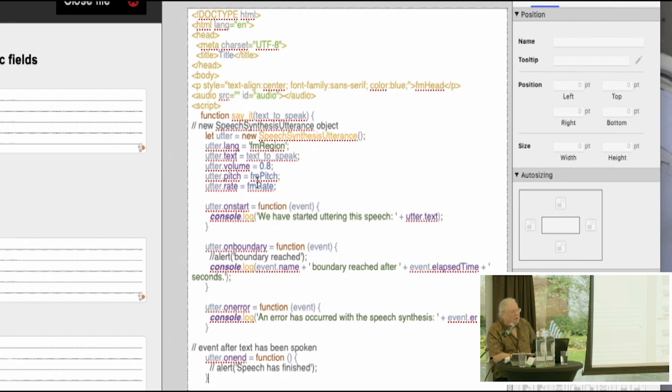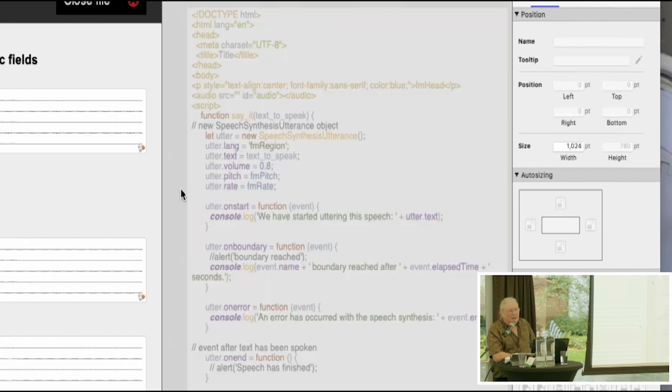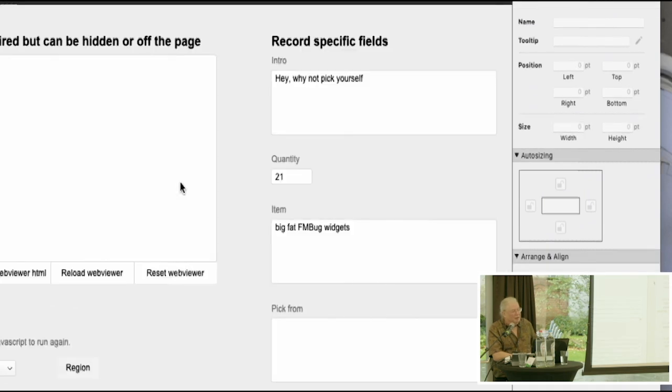And here we've got placeholders that are replaced. So I'm actually looking at this particular thing. So if I change this, it would change what was spoken. So I'm just using Get Layout Object Attribute to get the text from there and put it into the web viewer. But before you do that, you have to load the web viewer with the actual function, which is pretty easy. And your web viewer can be...